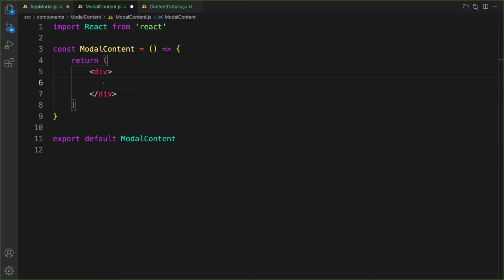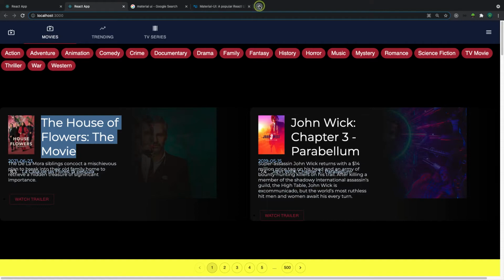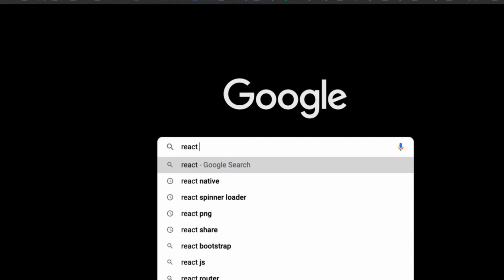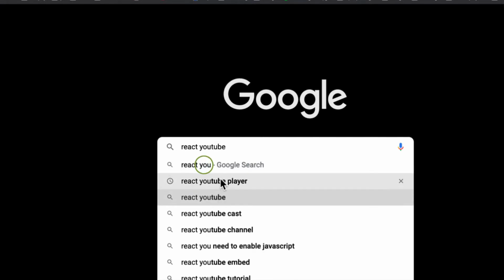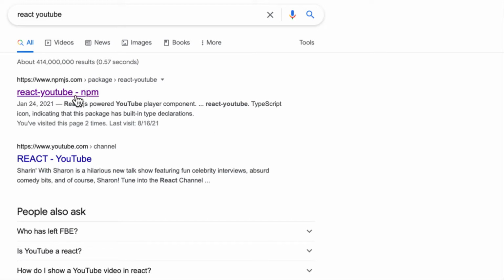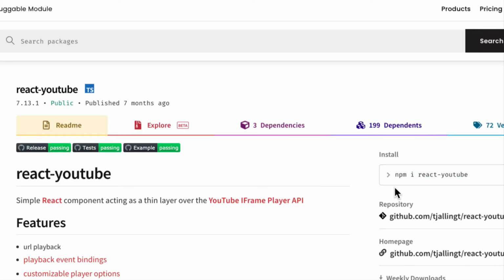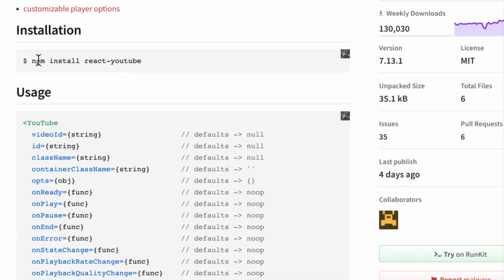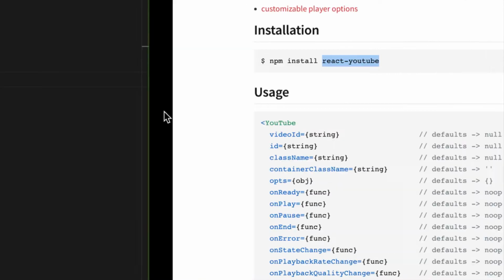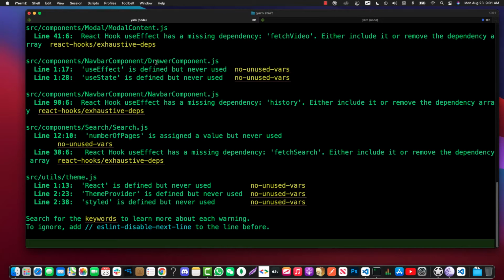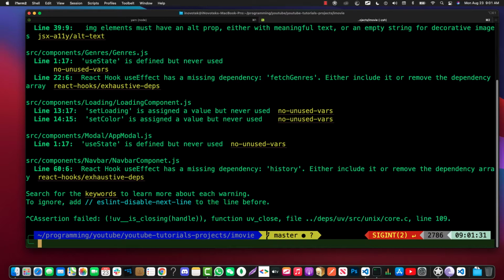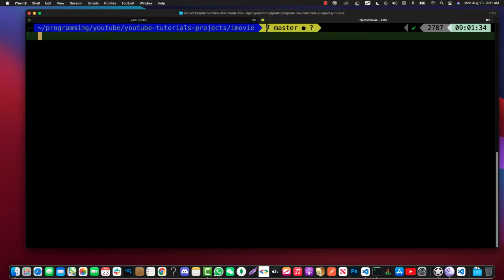So we are going to install a package called React YouTube. So if you come here and then let's search for React YouTube, it's going to give us that package to install to help us play the movie, so the video in the YouTube player. If you look at the downloads, very popular. So all we need to do is let's install this package. So I'm going to use yarn. I'm going to copy this one and then come back to my terminal here, and then let me shut down my terminal like that, and then let me make use of yarn add